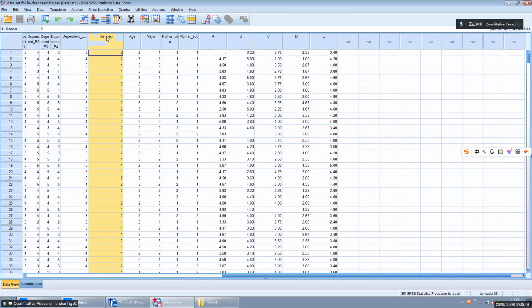Representing different categories, but they do not represent different levels, merely different categories. There is no difference in levels. This is nominal scale.